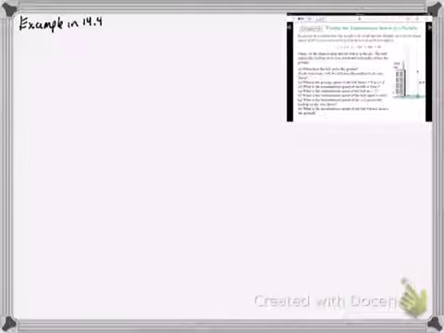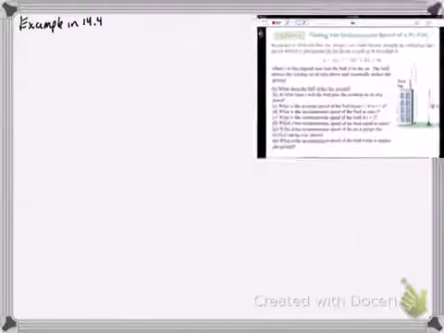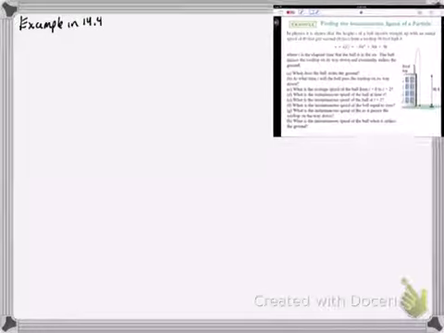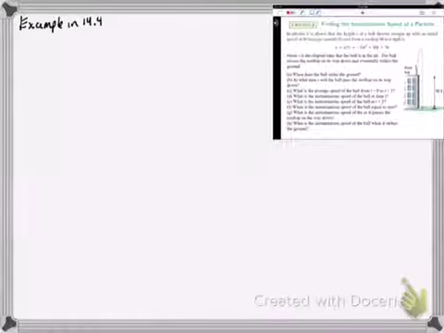Hello, this is Mr. Sarisa, and I'm going to go over the example in 14.4 for instantaneous speed of a ball, so you can follow along in the book if you want. I have a little picture over here that I'm not sure you can read, but it helps remind you of what's going on. I just wanted to get through this one because I promised that I would try to get to it. And so in this example,